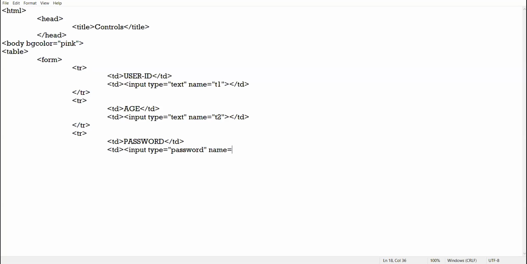Name equal to pass. Any name you can give. I am giving the name pass. Now whatever password you will enter, the password will be encrypted, will be hidden by asterisk or by disk, solid dark circle.